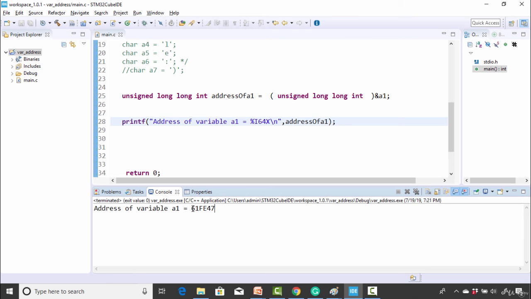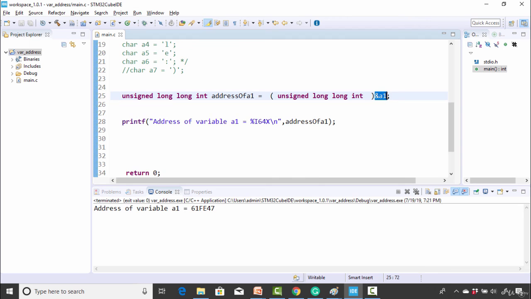The takeaway from this lecture is that you can store the pointer as a number in your variable, but for that you have to use some casting. Here we are using long long int because the pointer is 8 bytes on this machine. That may not be true on another machine. For example, if we use ARM-based 32-bit microcontrollers, then the address size will be 4 bytes. It all depends on the architecture actually. The pointer size is architecture driven. For 32-bit architecture, the pointer size will be 4 bytes. For 16-bit architecture, it will be 2 bytes, like that.